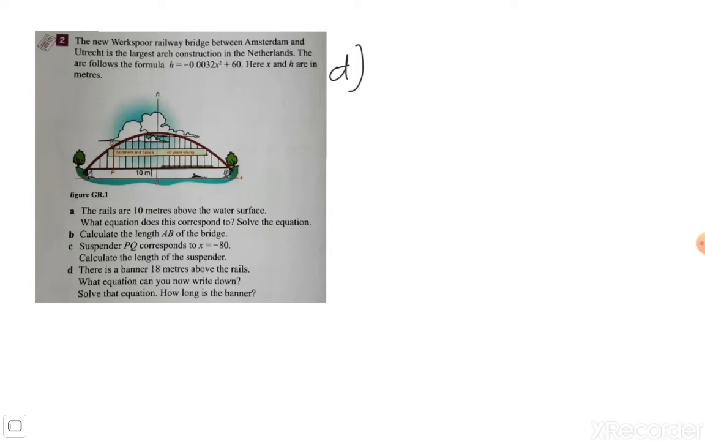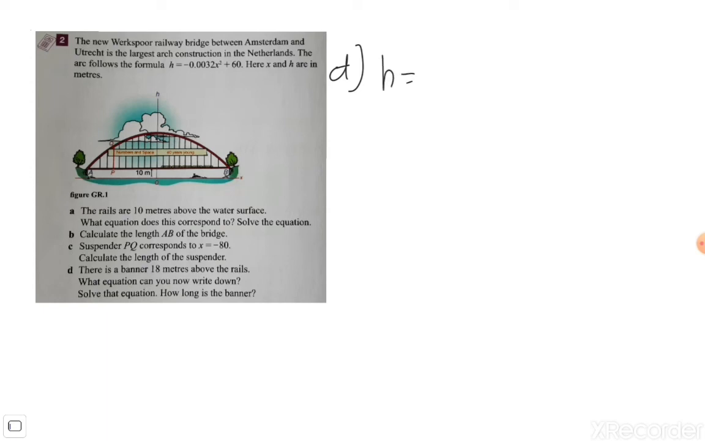And exercise D, the last one. They said there's a banner of 18 meters above the rails. What equation can you now write down? 18 meters above the rails means that you need to add the extra 10 meters. So in total it's 28 meters above the water surface. So think about the arc: the x-axis is the water surface and not the rails themselves. So the equation